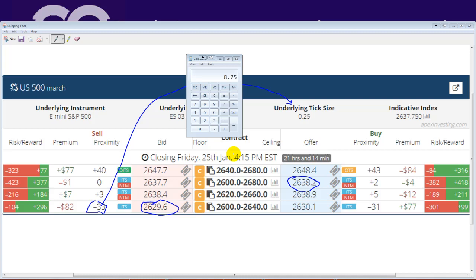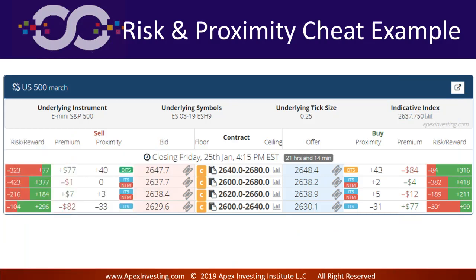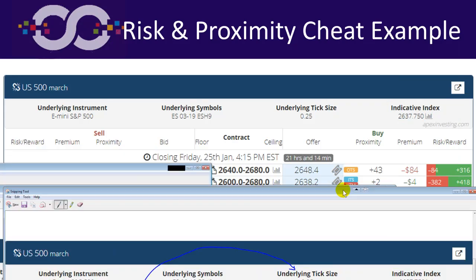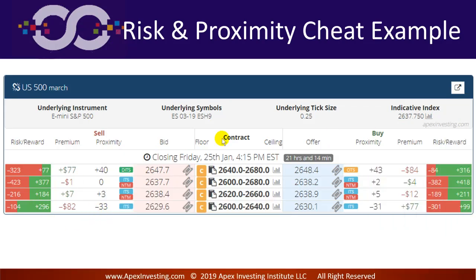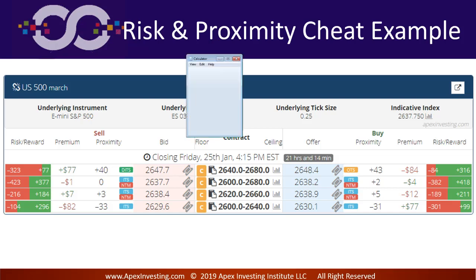And that's what I want you to look at: is this the best contract? Is it not the best contract? And we'll go through a lot of examples. But I wanted to remind you of that because if I didn't show you that 33 times 0.25, I was afraid some of you would think you had a $33 risk. And again, it's the difference between you buy and you sell. And if you want to do the math, if you're not sure and can't remember, you can literally go,